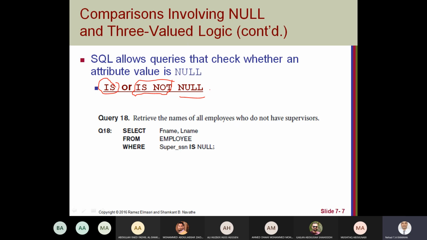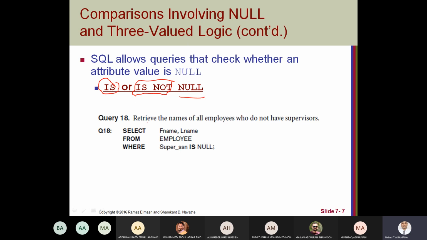Usually to check the null value in a comparison in an SQL statement, we use IS and IS NOT, because using equal or something like this will not give you the correct result.